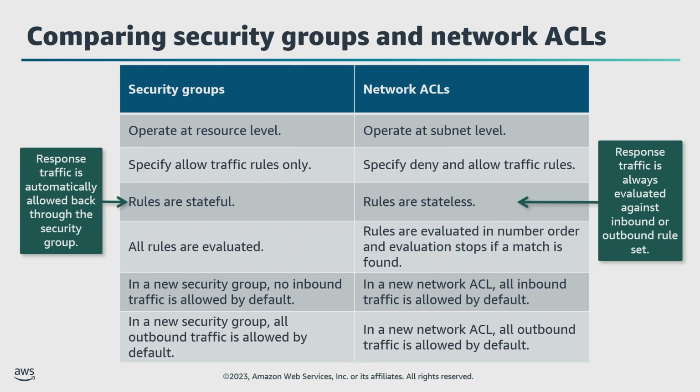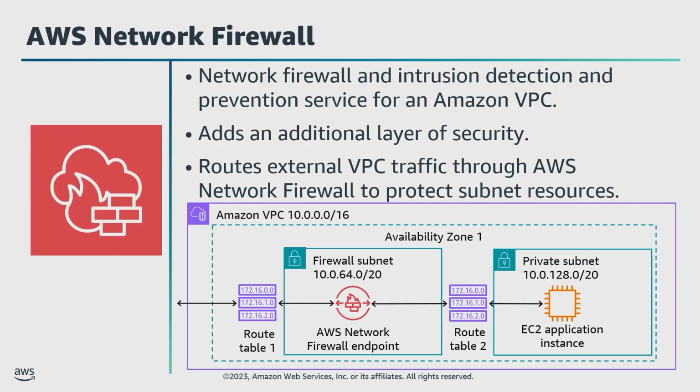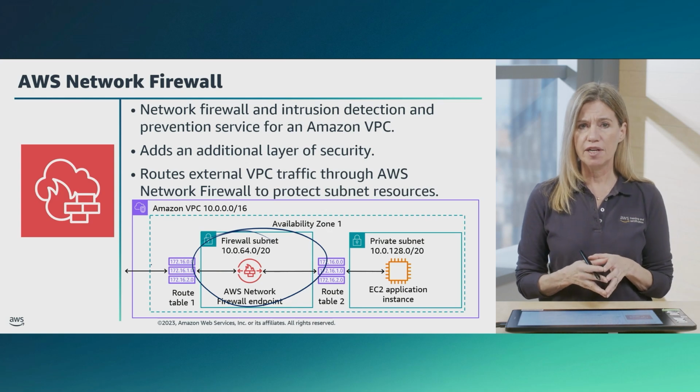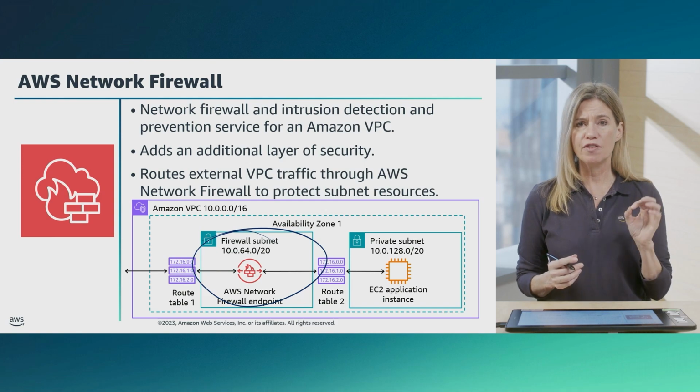your student guide. For VPC subnets that receive external traffic, organizations might want to use AWS Network Firewall to add an extra layer of protection. This is a stateful, managed network firewall for Amazon VPC, and it includes intrusion detection and prevention. As shown in the example, you deploy it in a firewall subnet that inspects all incoming VPC traffic. External traffic is routed to the firewall subnet, and the route table for the private subnet accepts traffic only from